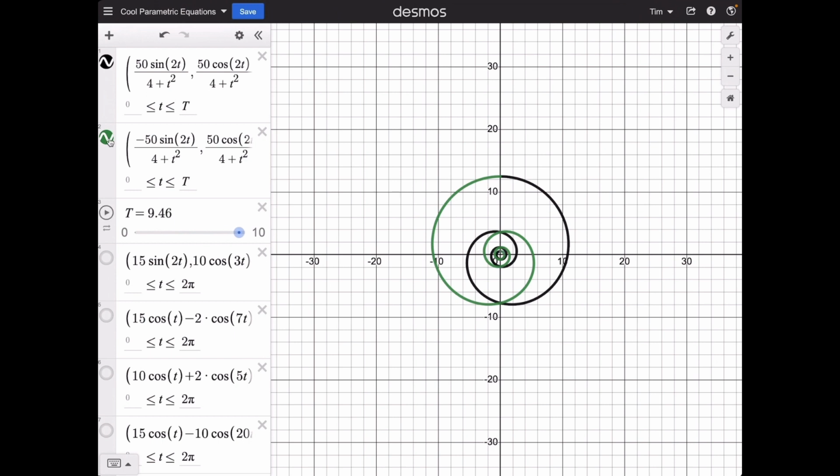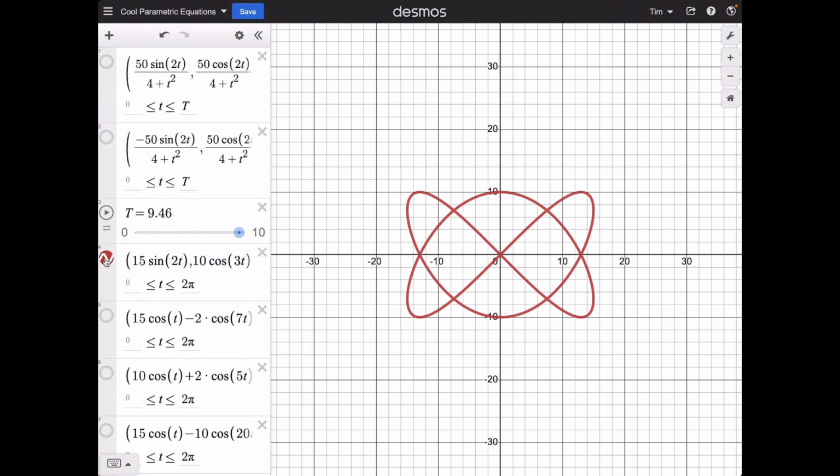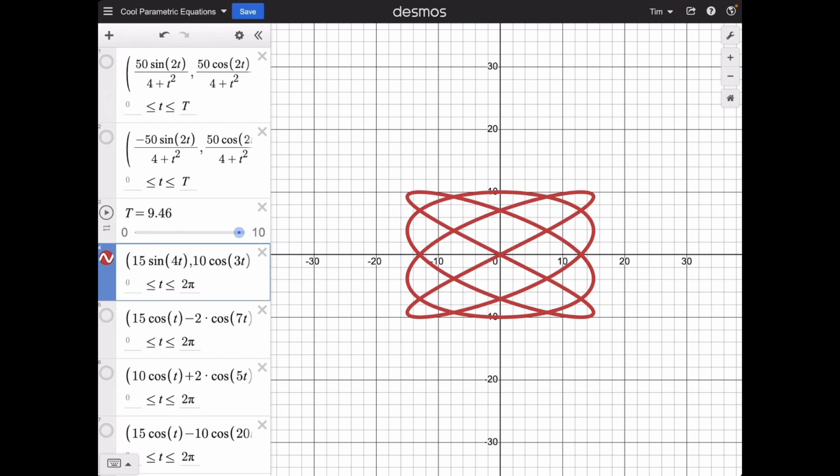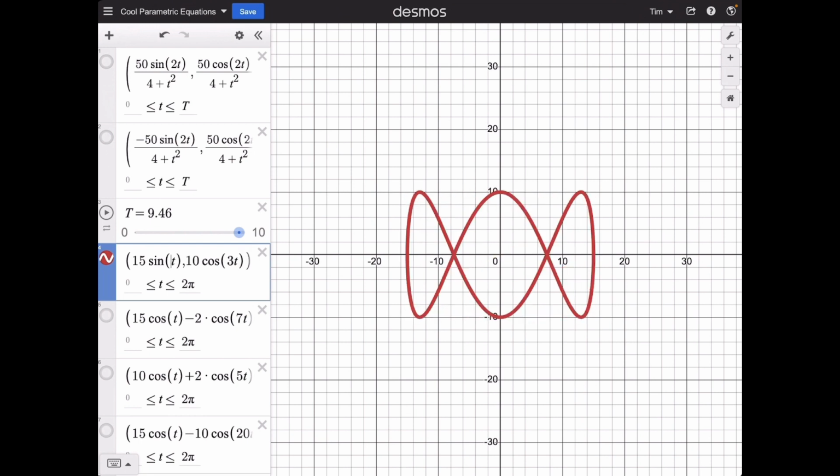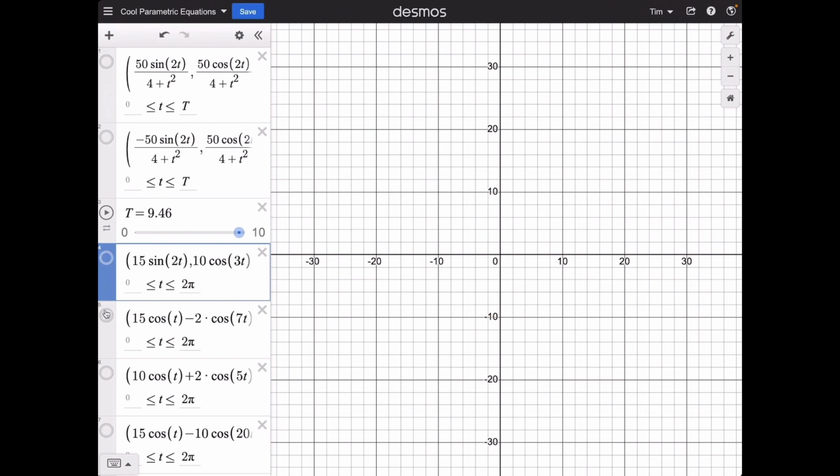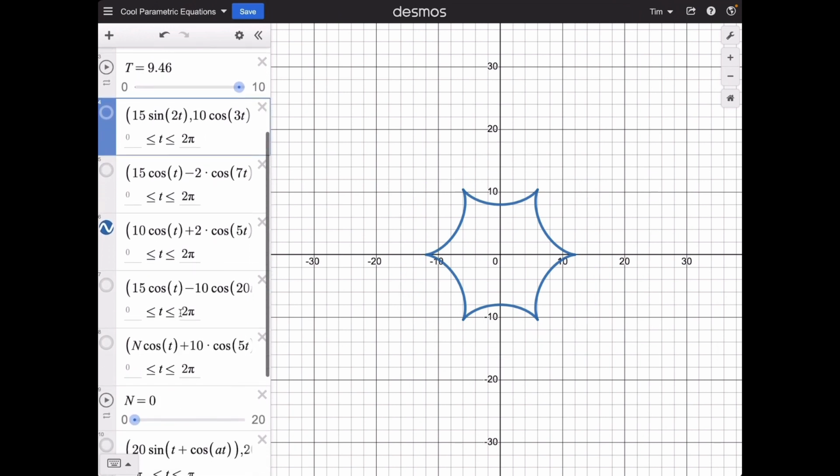Okay, what else do we have here? We have this shape. There's some special name for this. I don't remember what it is, but we could vary some of the variables here and get slightly different looking similar shapes. So that's kind of cool. And then this, it's like petals of a flower. And then this, like a starburst cool shape. Notice that most of these are using sine and cosine because the periodic nature of those functions makes some really cool looking